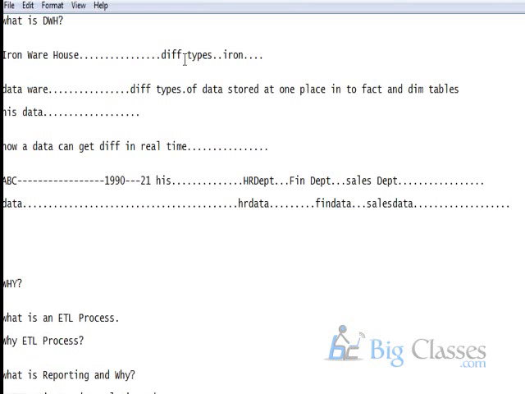Am I right? So can this data be differentiated? Can you find HR data, finance data, different types of data in one organization? You can just type yes or no in the GoToMeeting chat. Now you are able to identify different types of data